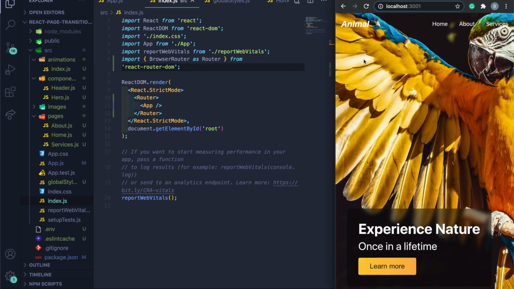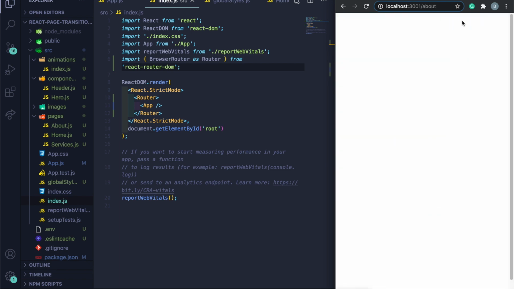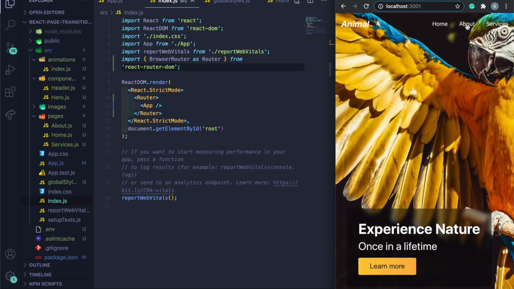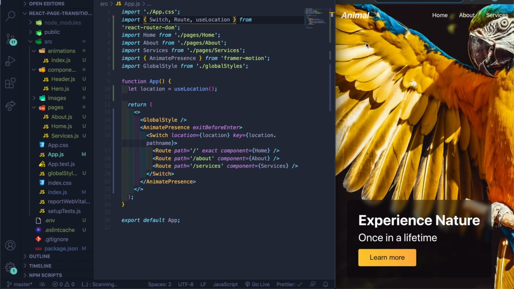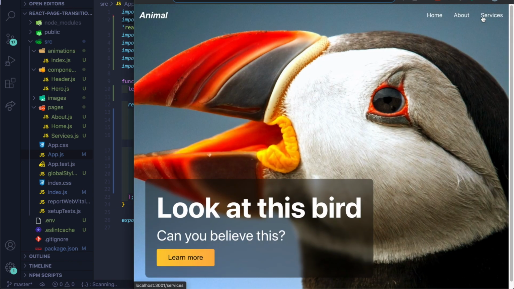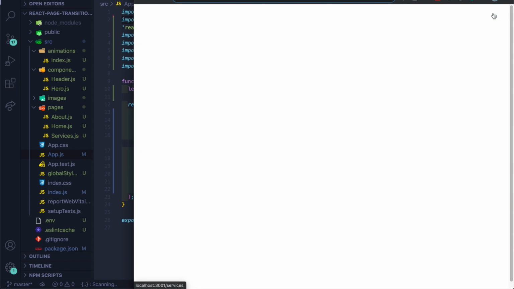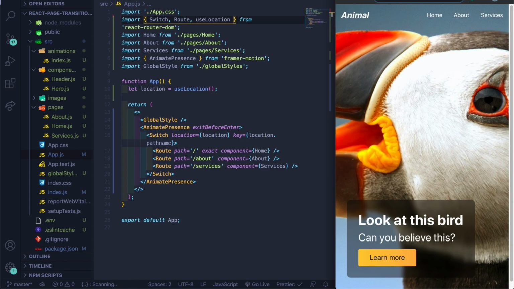Now if I save it and then we click, see how it's much slower, and it looks like it's actually waiting for the entire animation to complete. But the last thing is, if I go here and show you the services, look at the scroll. The horizontal scroll appears, and if you don't want that to show, we can just add a little